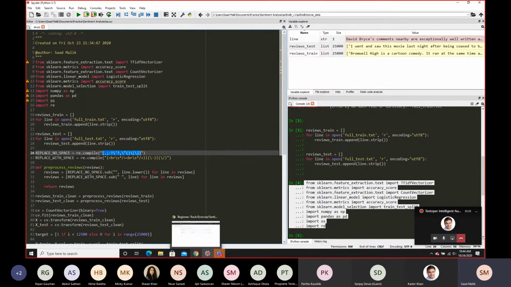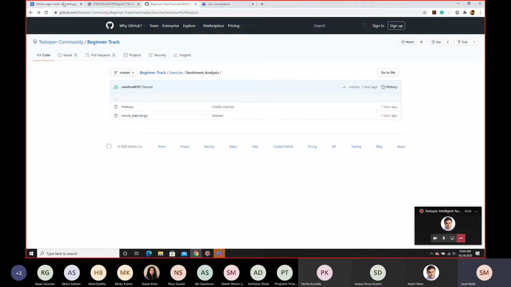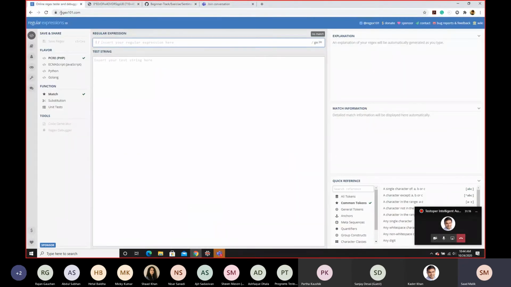One tool that I do like to use for this is this free website called Regex 101. What you can do here is put a test string.